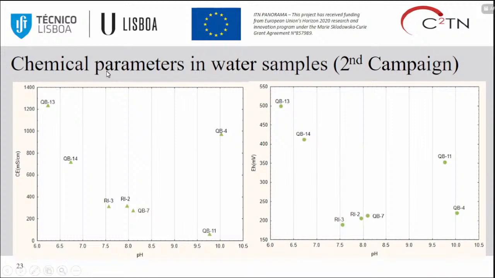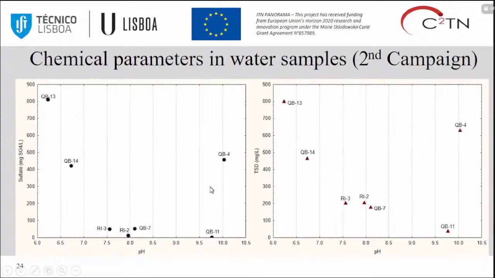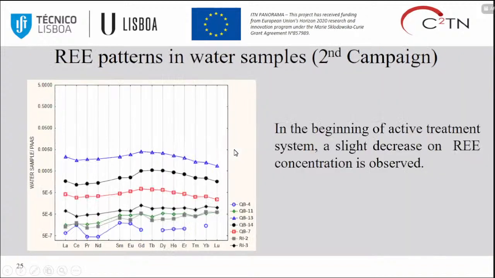You can see, compared to before, one of the good points is that the pH increased in all of the samples. This sample is from the open pit. The pH is around 10, because they put a base in all the water from the open pit, and the electroconductivity for this sample goes down with the active treatment system. And as you can see in the next slide, we have exactly the same: one group with the higher pH from the open pit.